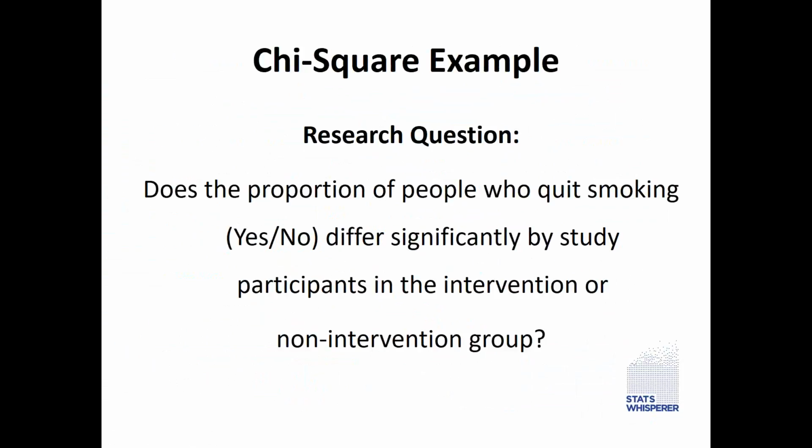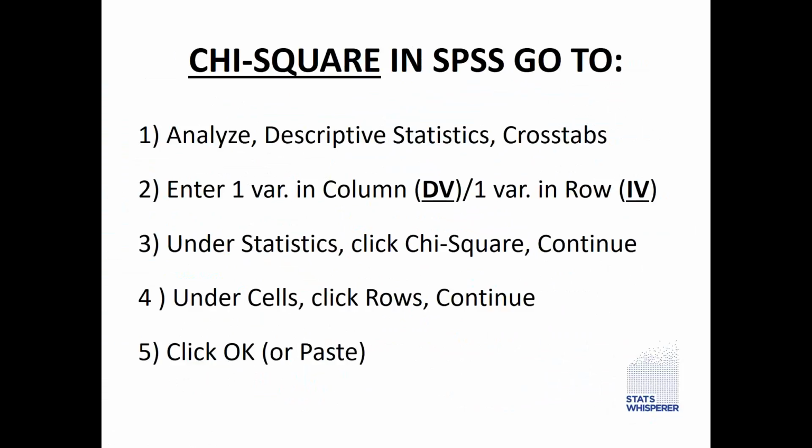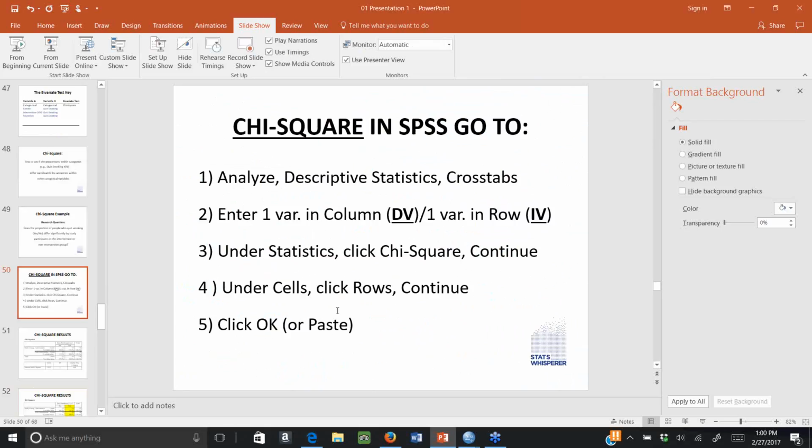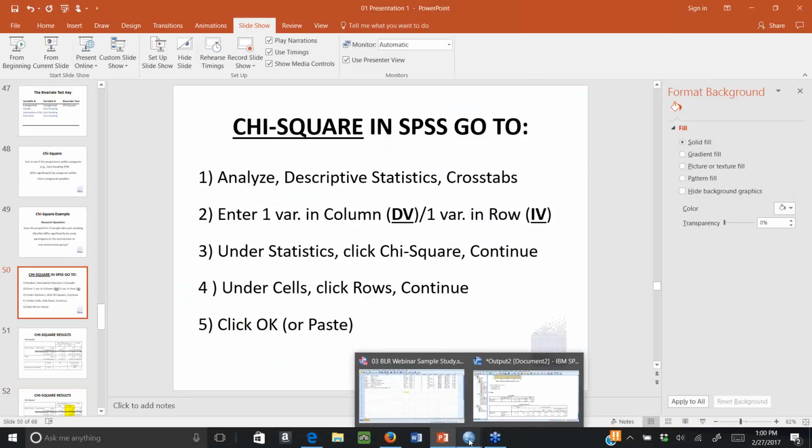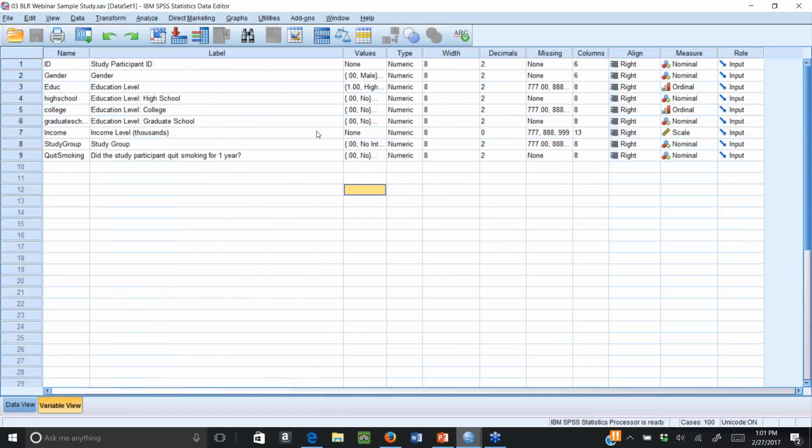And so the research question might be, does the proportion of people who quit smoking differ significantly by the study participants in the intervention or non-intervention group? So here are the directions to complete a chi-square in SPSS. But of course, we're going to ascribe to the old do, don't say. So we go back,